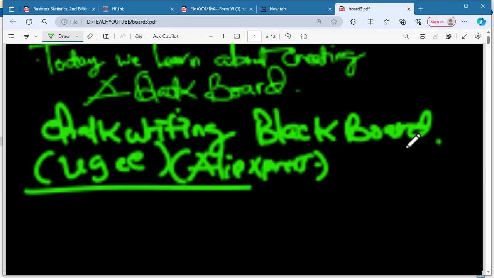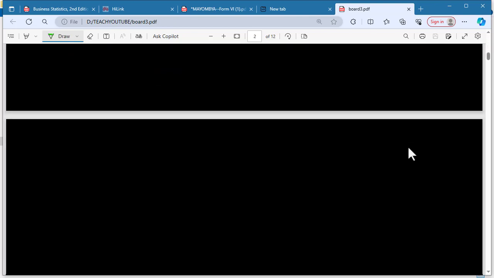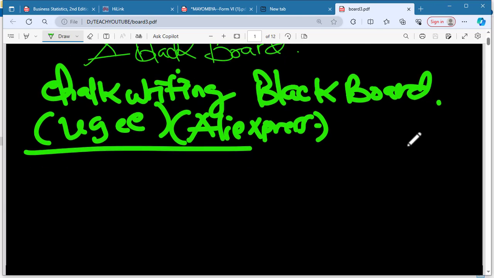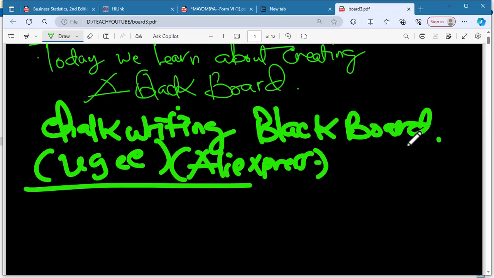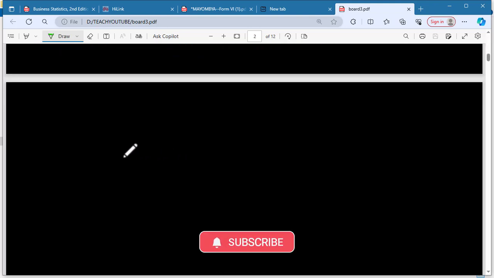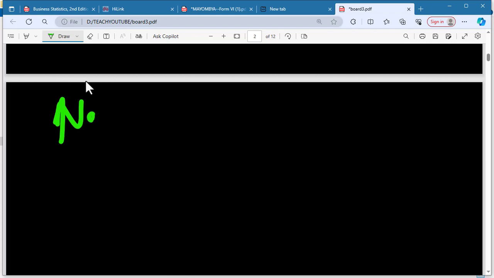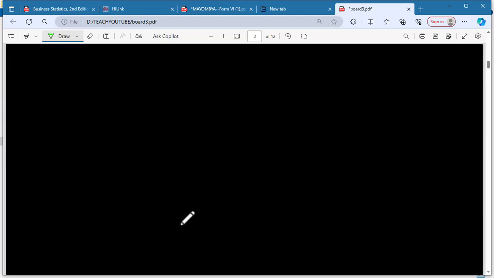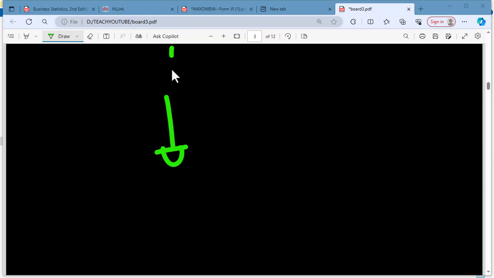Okay, this is a scrollable blackboard. I like it because it's incremental. That's why I like it. It means that you can write above here. You can write notes here. You can write notes with a heading. Now you will keep writing your notes going downward, wherever. Okay,